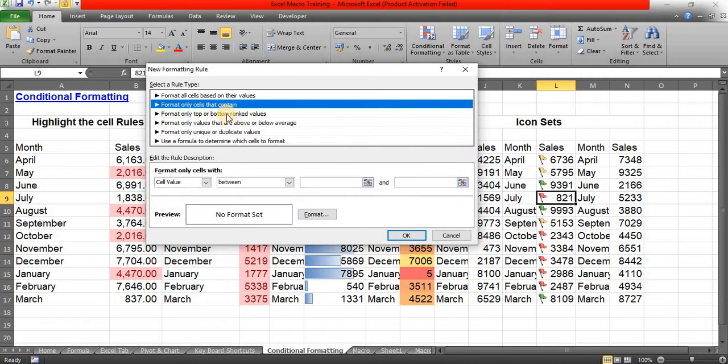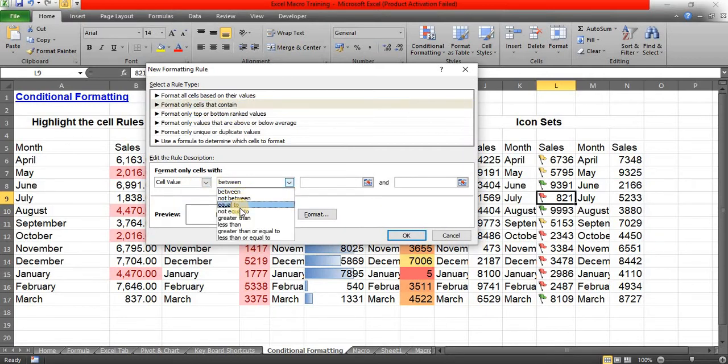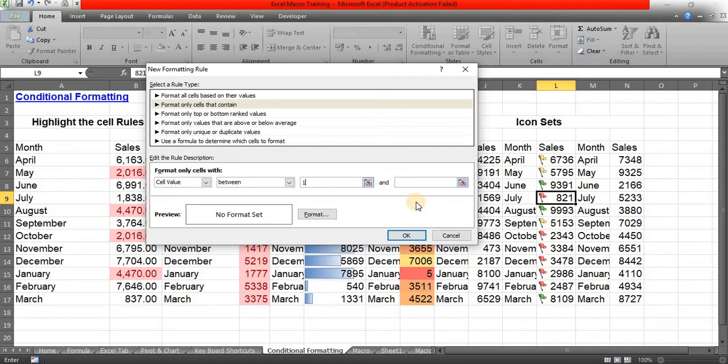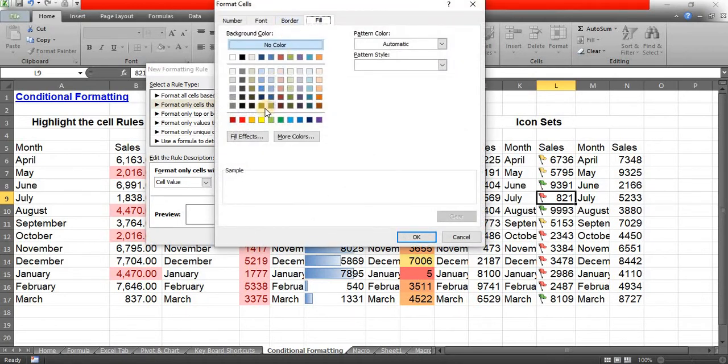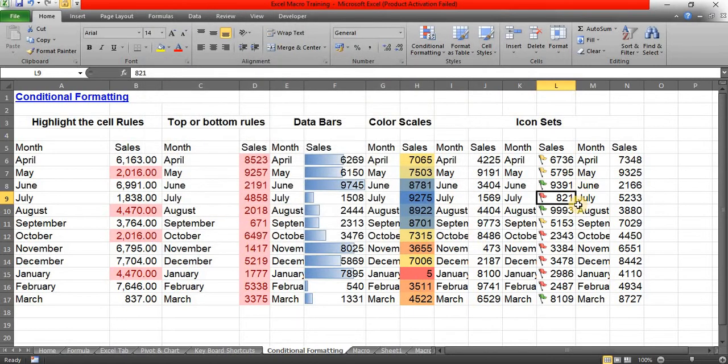Format only cells that contain: if the cell value is not equal to, greater than, less than, you can add anything. If the value is between 10 and 50, I need to highlight it in the format. I want to highlight it as orange. If the value is 15, it will get highlighted.